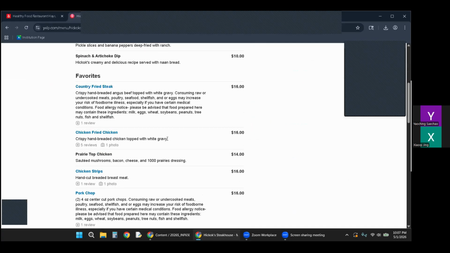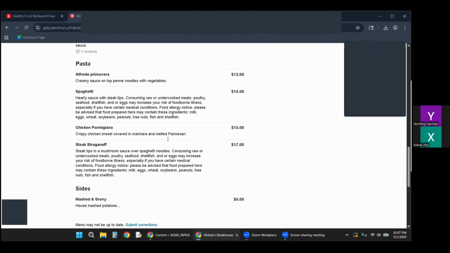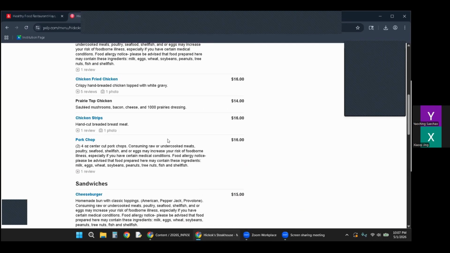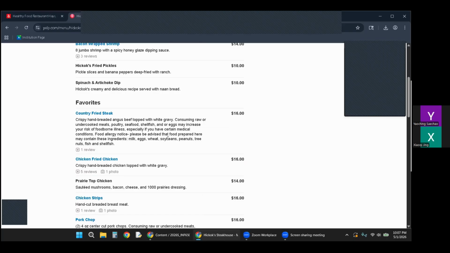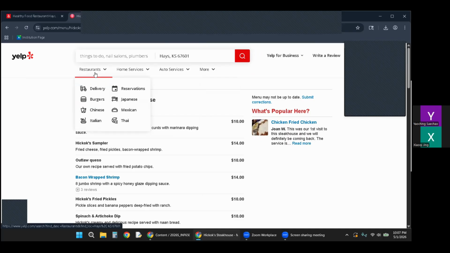And it looks like if my kids wanted to be picky, they probably wouldn't eat any of this at all. Okay, and you can search maybe the photos or reviews.